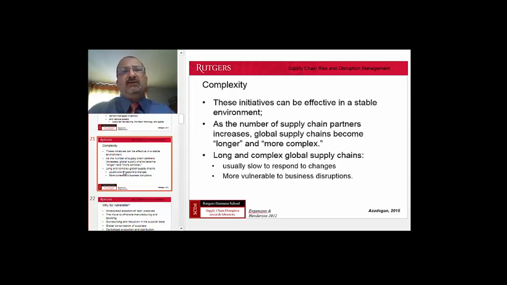As the complexity increases, it also lends itself to more change and dynamism. But particular to complex supply chains, as the number of partners increases, the length increases, and also the interaction between the players increases,